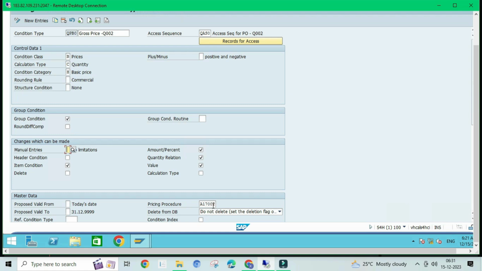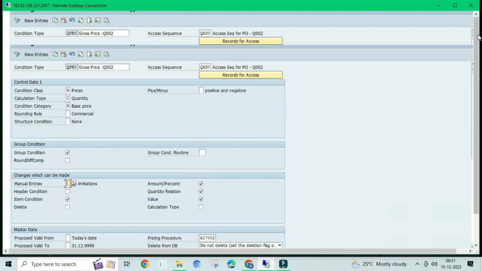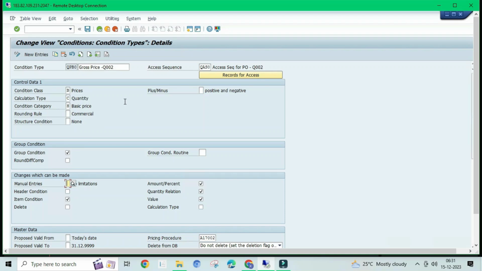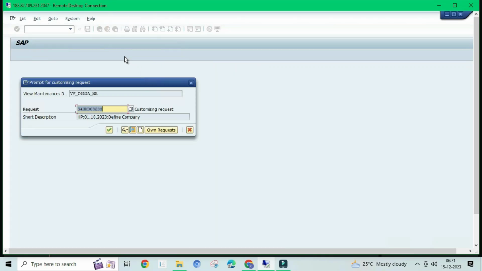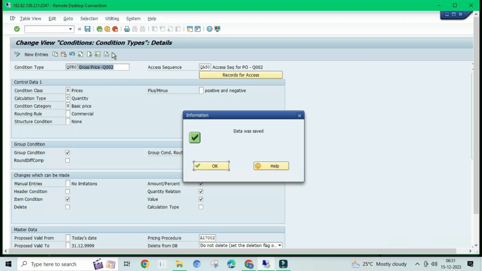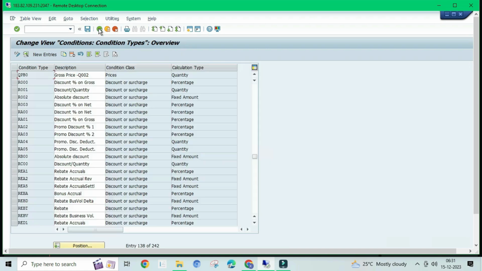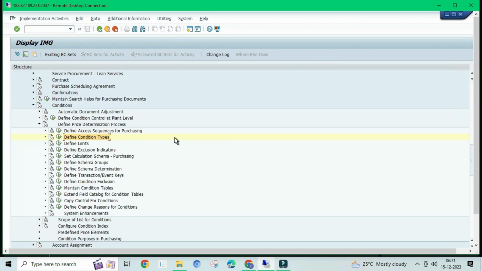So once we create the pricing procedure, after that we can maintain here. So the validity, the today's date, and then validity maximum date, we can keep it as a maximum system date. So after that, save once again, go to back. Fourth step, we need to create condition records. For that, enter the T code